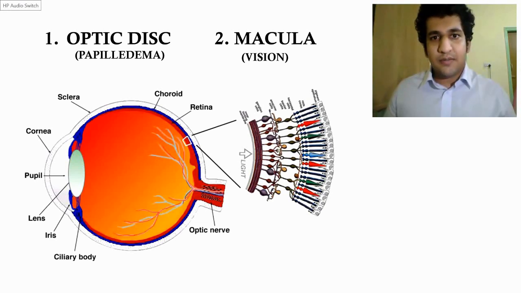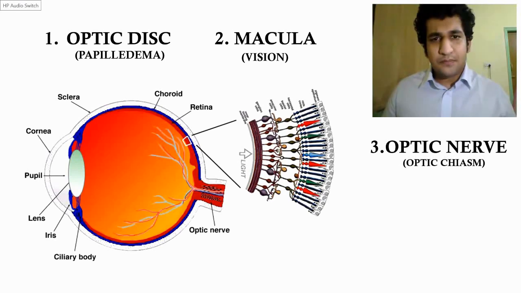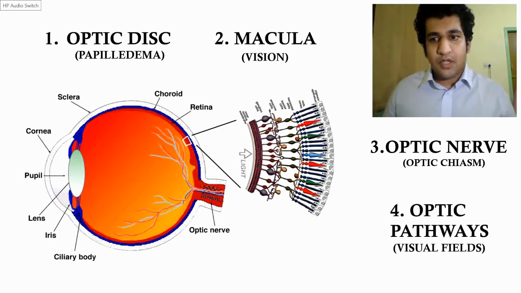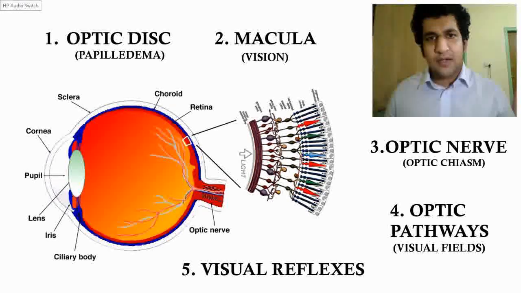Next, we'll be discussing the macula, and as you know, the macula is the central vision, and it's the most important for vision. So we'll be covering the aspects of vision in that. The third lecture would be on the optic nerve and the optic chiasm and the arrangement of fibers, etc. The fourth will be on the optic pathways beyond the optic nerve, and lastly, we'll be discussing a little about